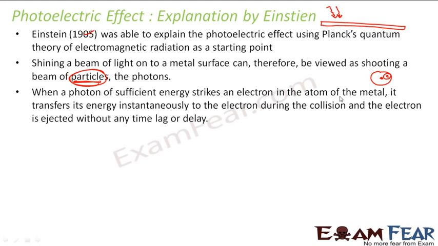When a photon of sufficient energy strikes an electron of the atom in the metal, it transfers the energy to the electron, and during the collision, this guy is kicked out. The particle has some energy, it strikes the atom, it kicks out the electron from the atom. Correct? So to kick out the electron, it should have some power, and that power is nothing but my frequency